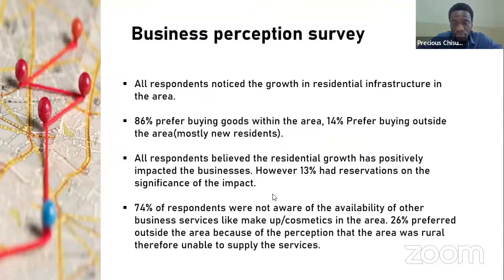However, 13% had reservations on the significance of the impact. So 74% of the respondents were not aware of the availability of other businesses like makeup or cosmetics, so they would prefer to go to other areas. But then 26% preferred outside the area because they had a perception that the area was not fit to supply